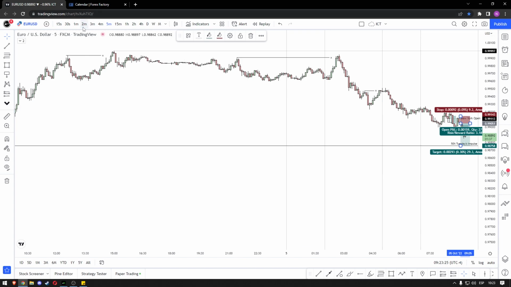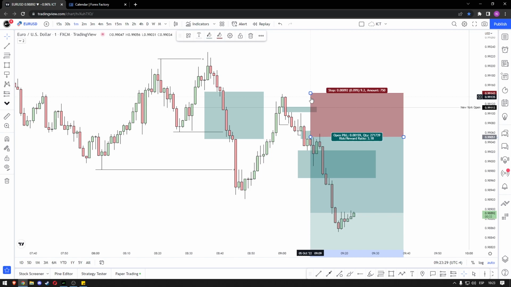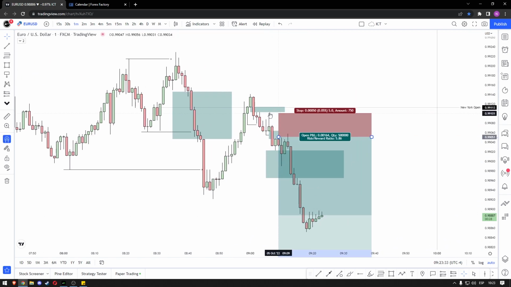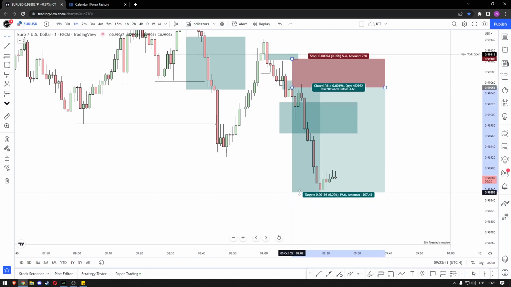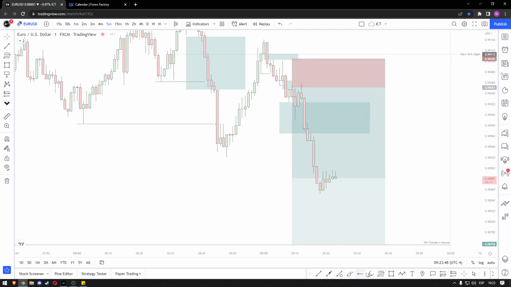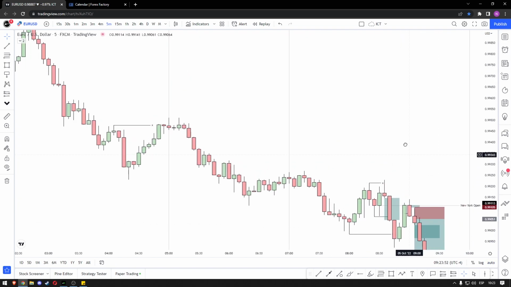And do keep in mind that if we would have used the more aggressive stop loss, above this high plus 4, it is 54 ticks, which means we could have gotten a 1 to 5.43R. We actually didn't get to 4R just yet. I have this 5-minute fair value gap just in case it trades back into that and gives us something. It could be a little bit of a scaling opportunity. But that is pretty much it.